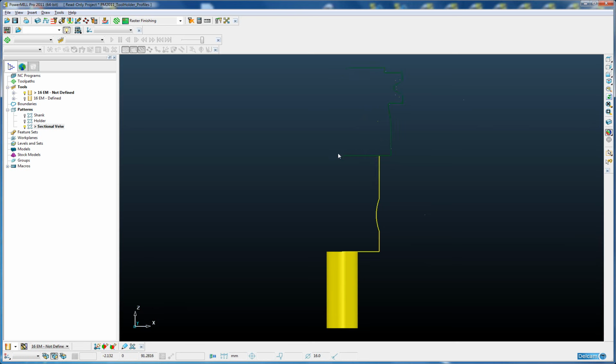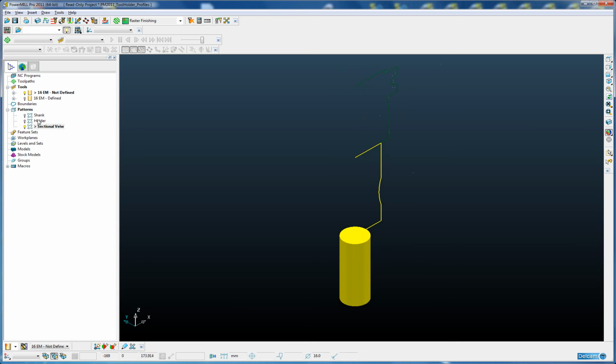You'll notice that this time this pattern is in the XZ plane, whereas the individual patterns for the shank and the holder were in the XY plane. So the limitation we had in previous versions, where any shank or holder geometry must have been defined in the XY plane, has been removed. So going back to our sectional view of our tool assembly,